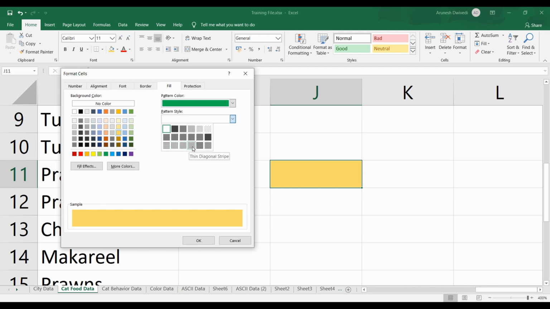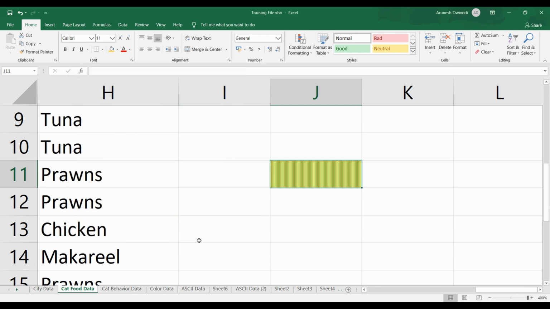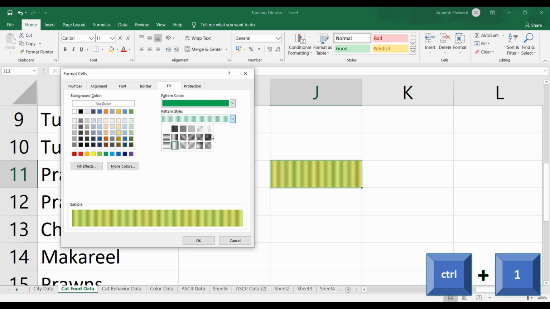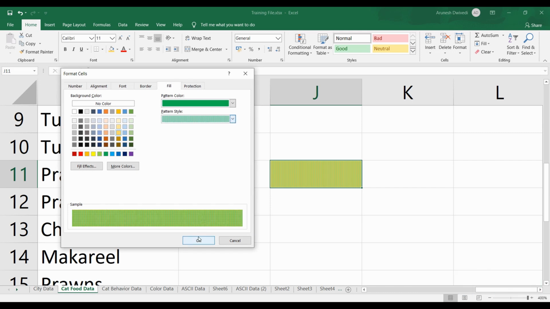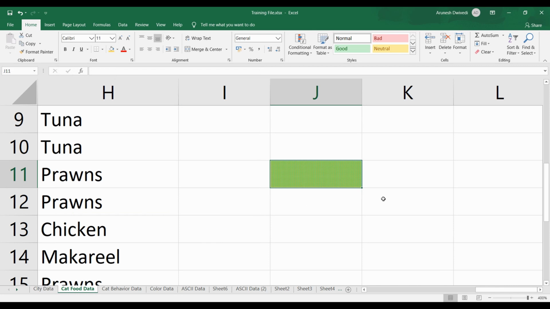Let's pick up something simple and pleasing to the eye. Let's say I pick this thin vertical and you can see thin green lines appear over the preview here. So this is the preview section. Until you press OK, the effect will not apply to the cell in reality. So let me press OK and see how it looks, and that's how it will look. Now, all these patterns are predefined and you cannot create your own pattern. Let me show you another pattern here. To open the dialog box again, press Ctrl 1, and let's say I choose another pattern, it's crisscross lines, and that's how my cell is going to look like.